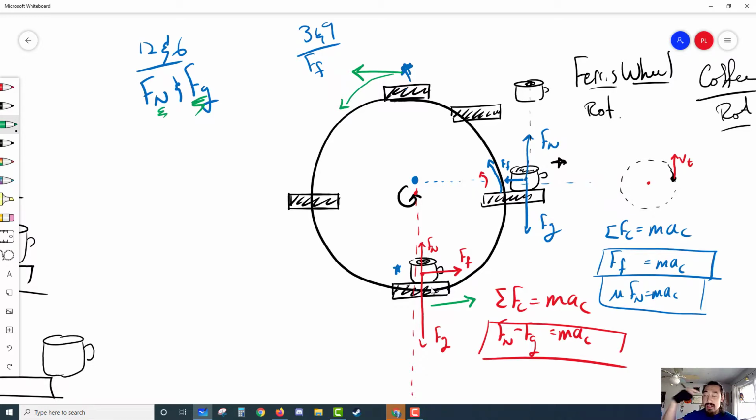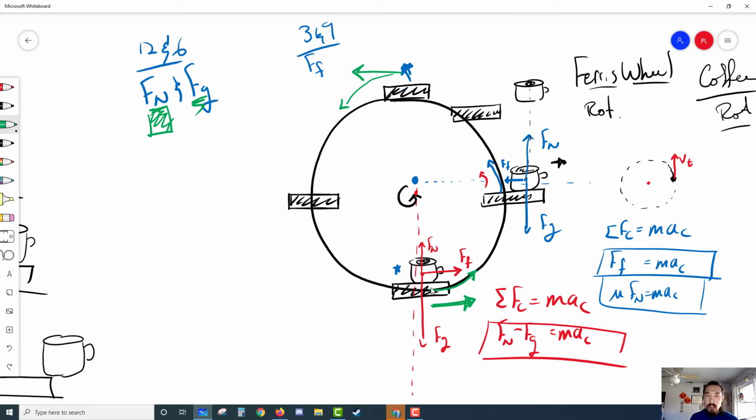So this is a huge conceptual leap that your brain has to make. Here at the bottom, this object wants to move to the right continuously. An object in motion wants to stay in motion. So what's preventing it from moving to the right? Well, as the object is moving to the right and the platform is swinging up and to the right, the object's going to be running into the platform. Because the object is continuously running into the platform, that's where we get the normal force. So the normal force is causing this object to be lifted up. And because it's being lifted up, but it wants to move to the right, that's going to cause the rotating motion, the